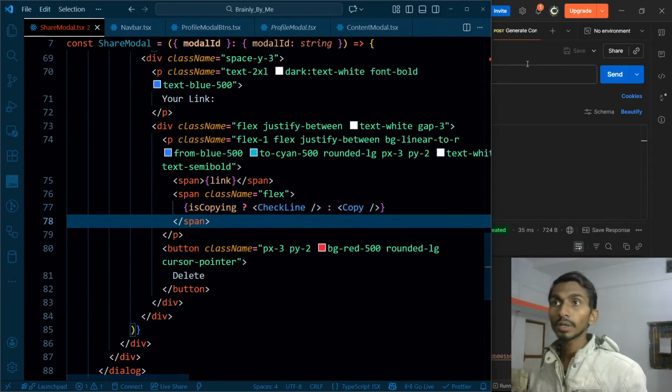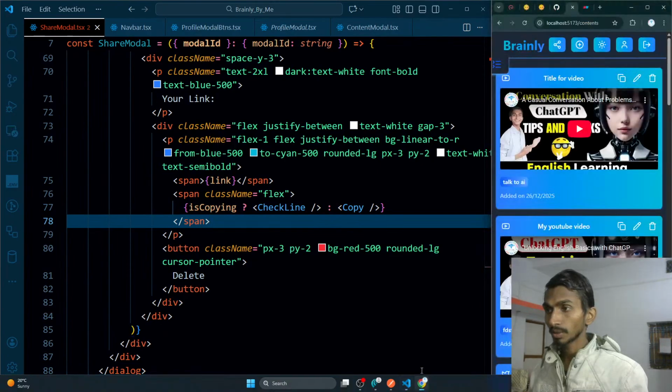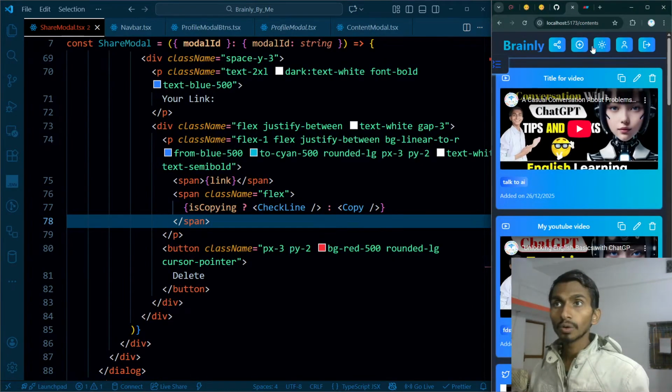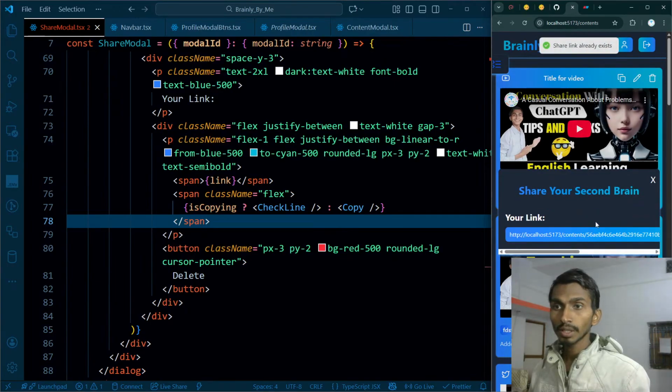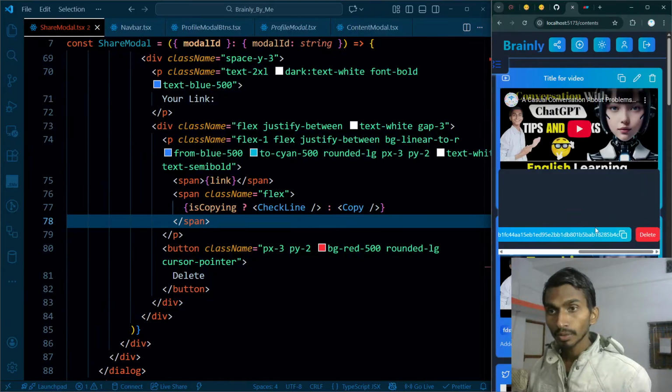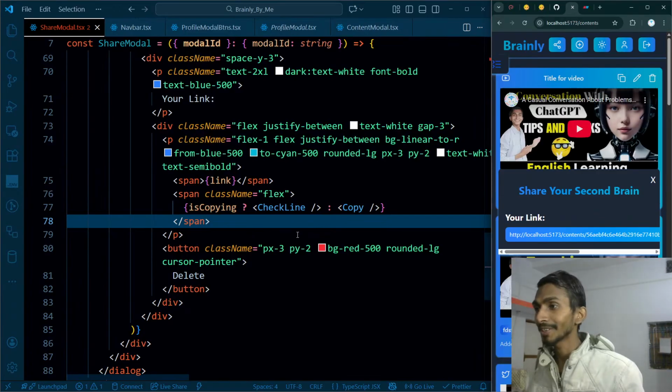This is how it's going to go, and let's see how it behaves. So click on this share, click on create link. I'm getting the link. The link is too big, that is for sure. I had to remove some of the contents from here, that's okay, and delete. I should be able to copy that. By the way, it is giving me localhost and all, but right now I want